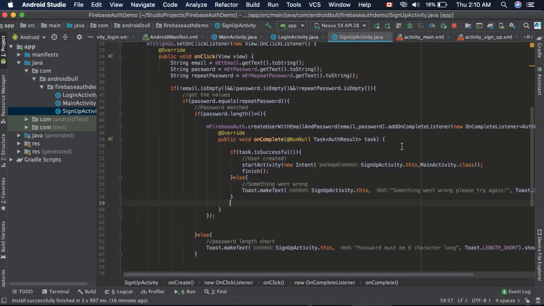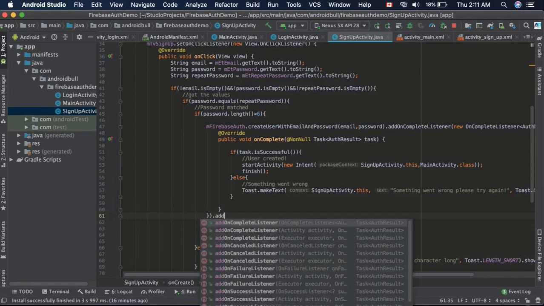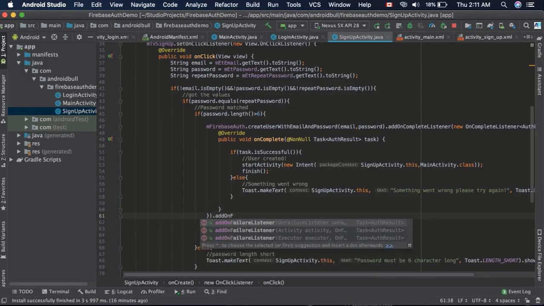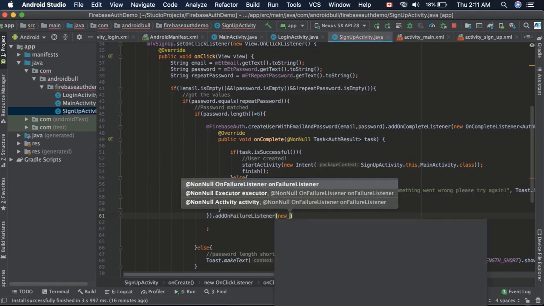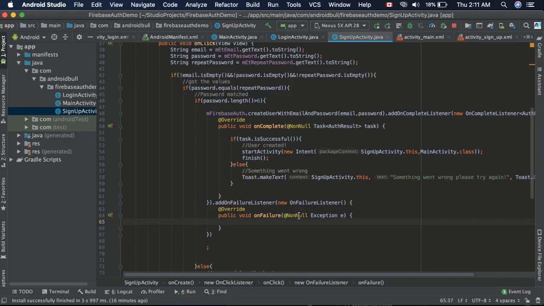Now we also need to add another listener, which is dot add on failure listener. This will be executed when there was some failure, so we need to inform the user with a message, just say error and then add the error to it,